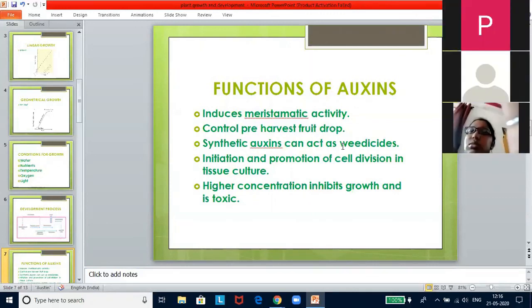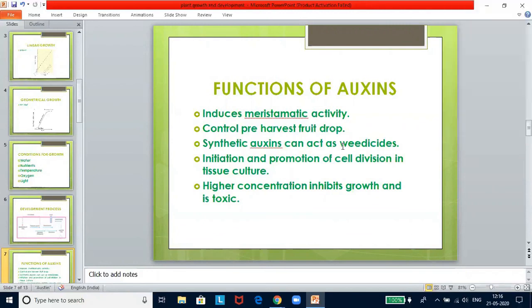The procedure involves the following steps. Avena is nothing but your oats. When oat seedlings have attained a height of 20 to 30 millimeter, about 1 millimeter of coleoptile tip is removed. That is, from the top it is removed, and this apical part is the source of natural auxin. The tip is now placed on agar blocks for a few hours. During this time, the auxin diffuses out of these tips into the agar. The auxin-containing agar block is now placed on one side of the decapitated stump of the Avena coleoptile.